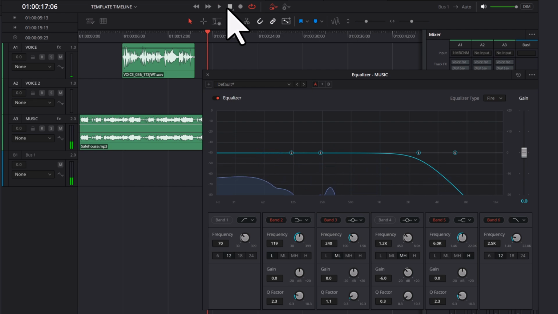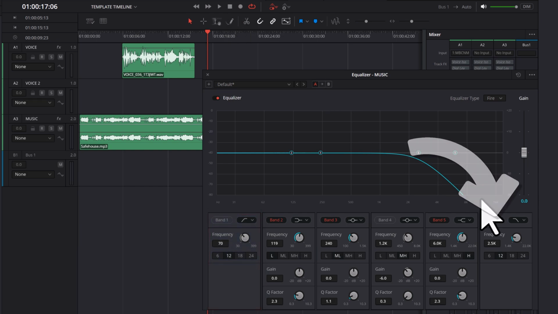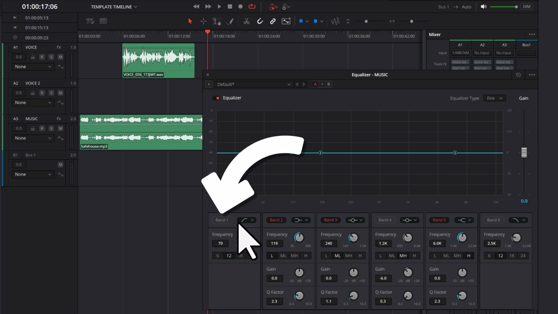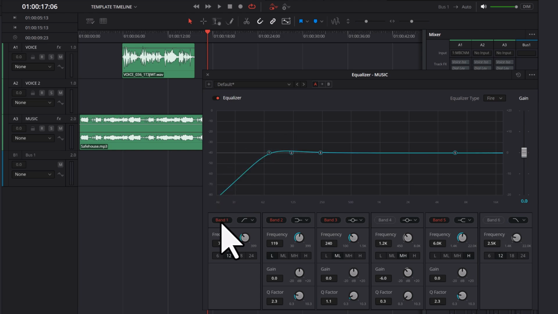That takes care of the high frequencies, but what about the lower sounds and frequencies, like bass guitars or kick drums? In this case, you can adjust band 1. Let's disable band 6 for now, so that we can focus solely on the sound of band 1. Now, click band 1 to enable it. You can press play and then raise the frequency until the music sounds less distracting, or until you get the effect that you want. In this example, I'll raise my frequency to around 100